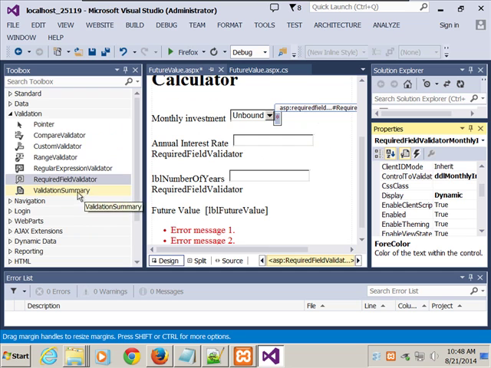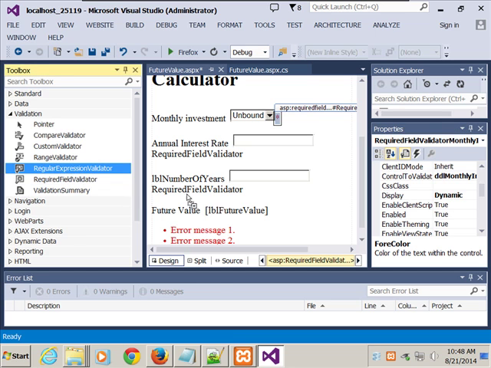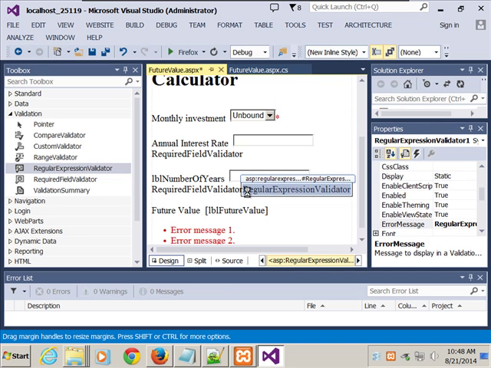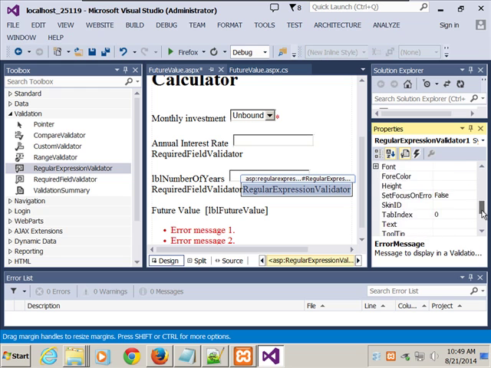Now, the first one, I'm going to throw this in here, but I'm going to remove it. We're not doing it, okay? I'm just showing you this as an example. I'm going to come over here and put in a required field validator, I'm sorry, a regular expression validator. I'm just putting that in there so you see this. All right? So if we go in there,